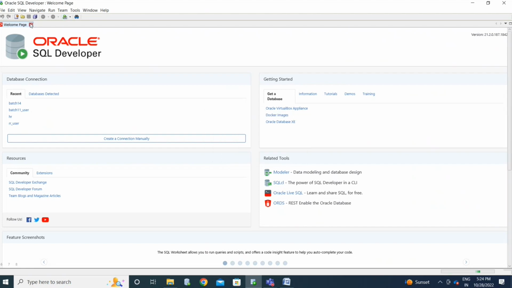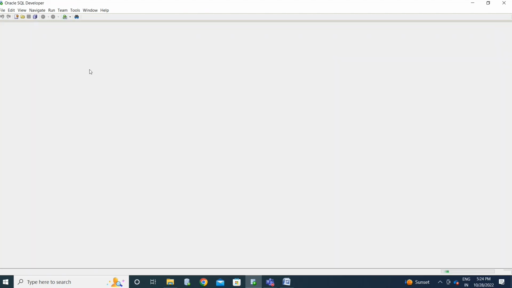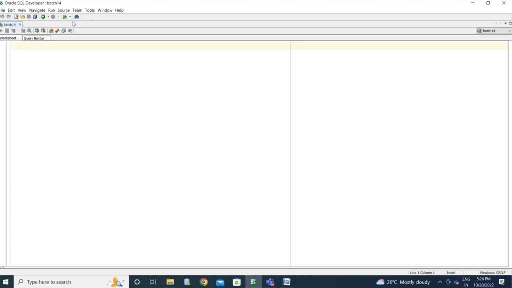Just as you do 1 plus 2 equals 3, the same way you can do arithmetic operations. If we are on 28th October and you want to know the date 5 days before, you subtract 5 days. So you can add as well.